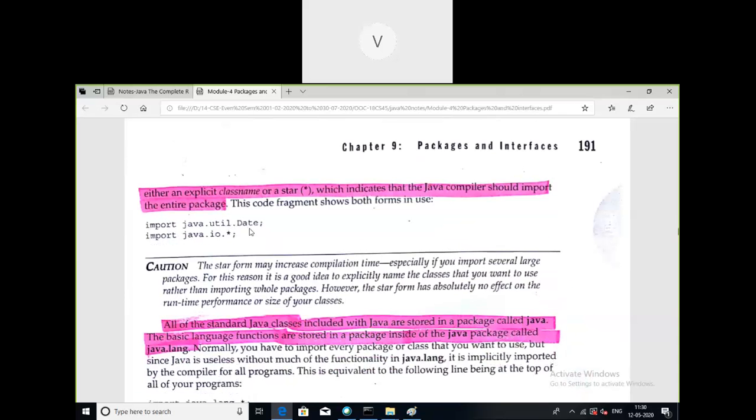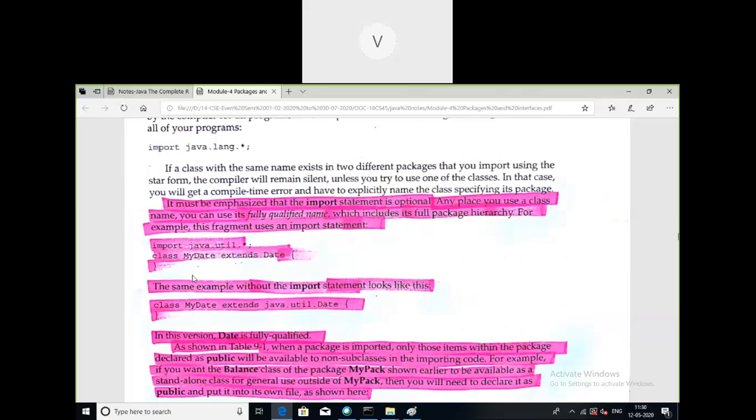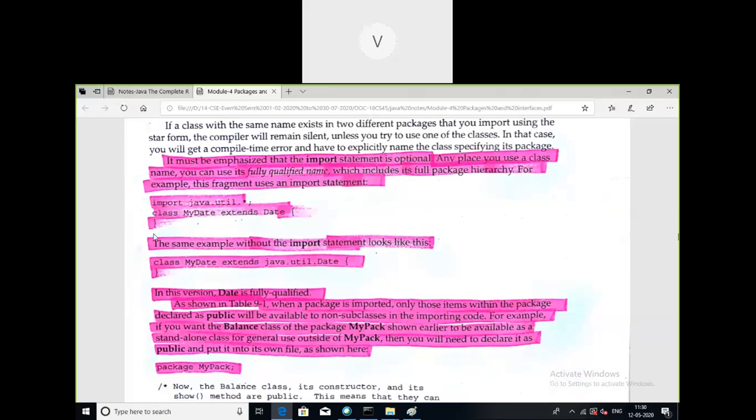If you don't want to make use of import statements, then this class definition can be written like this: class MyDate extends java.util.Date. That means you can avoid the import statements provided you specify the fully qualified name of the class which you are trying to access.